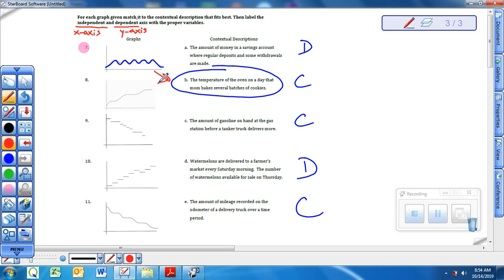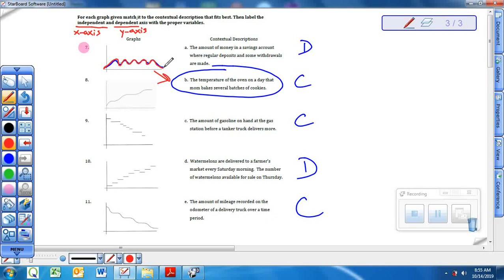Well, the temperature of the oven starts at whatever it is, say 50, 60, 70 degrees, and then you turn the oven on and it increases to 425 for the cookies, and you turn it off. Well, you wait for the next batch, then you put the next batch in and turn it on again, and it heats back up and down. The oven just increases and decreases as you make batches of cookies. And then you turn the oven off, and it decreases back to the room temperature. So the answer for 7 would be